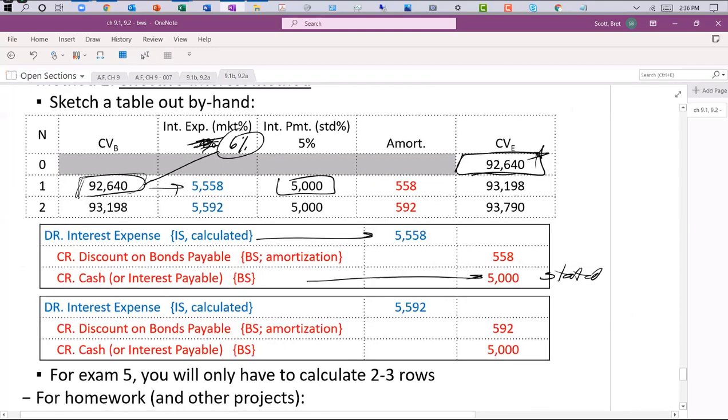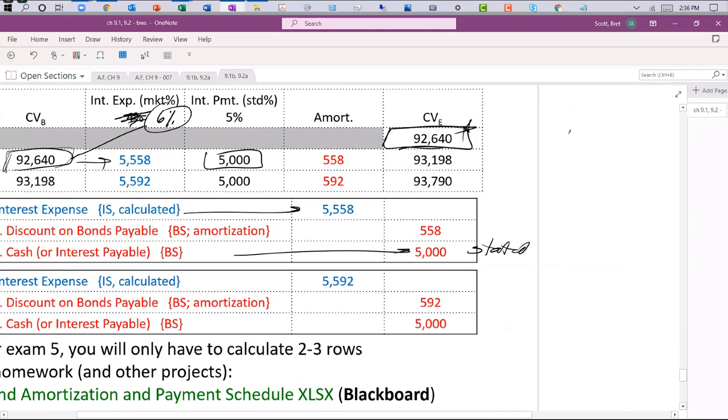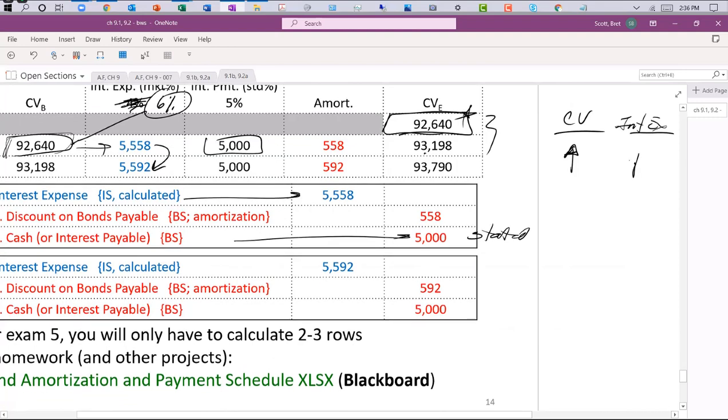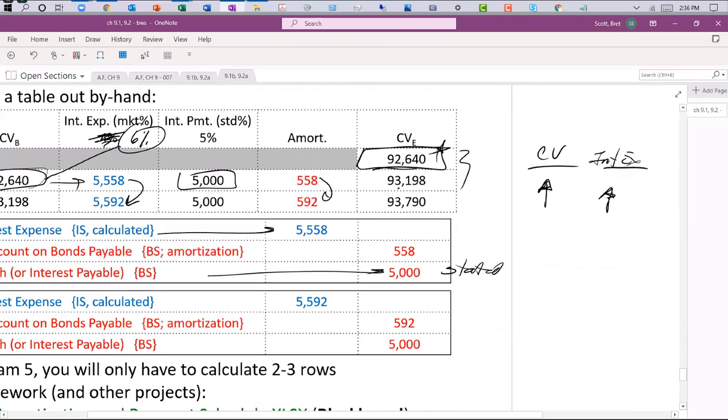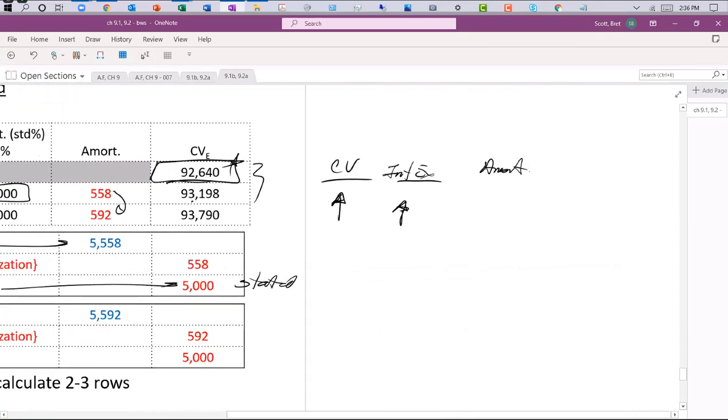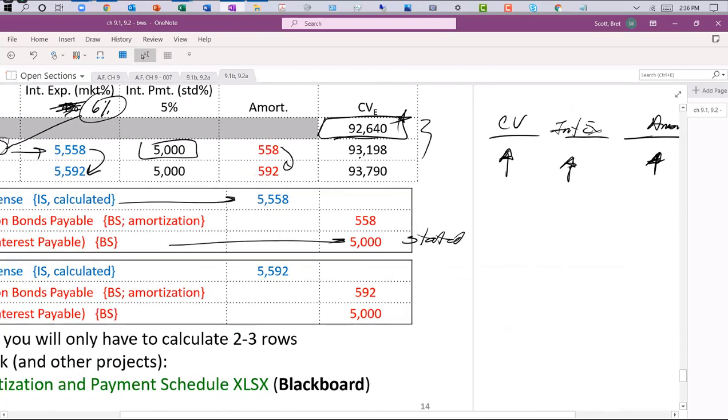So we see in this case, what's the dynamic here? The carrying value is increasing over time. It's going 92, 93, 93.7. The interest expense is doing what? Therefore, it's going from 5558 to 5592. So that's increasing over time. The amount of amortization in this case is increasing over time as well. So amortization, you see, is increasing over time. And that's just based on the dynamics, okay? If you can just do things mechanically, when you're answering these questions, sketch out an example, then you'll be fine